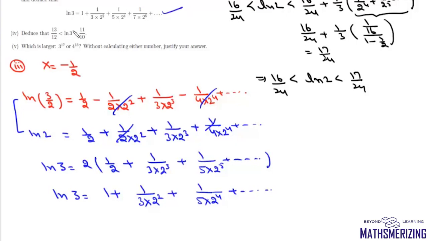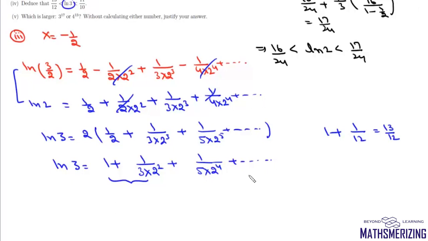Now we need to deduce that this value of log 3 lies between 13 by 12 and 11 by 10. Now if we look at these first two terms, it is 1 plus 1 by 12, so there will be 13 by 12. And all other terms are positive terms in the series. So basically, this log 3 will be greater than the sum of these first two terms, which is 13 by 12. And it will be less than 13 by 12 plus